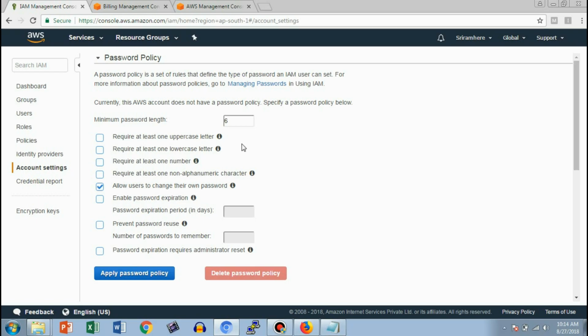So the password that you are going to generate should have at least one uppercase character, one lowercase character, one number, and at least one non-alphanumeric character, and allow users to change their own password. That option we also have in Facebook or Gmail or whatever. So for the root account and for the users account, we can set different password policies. For example, I am selecting this one,